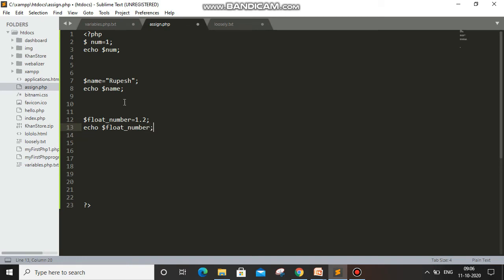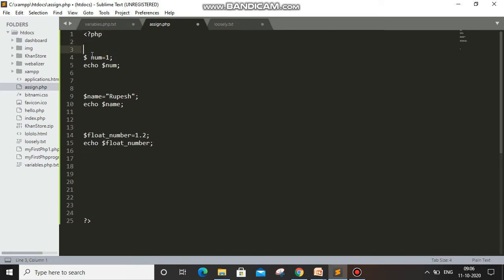So we have created all three variables and we have assigned values to them. We can predict that in the first case the number 1 will be printed, in the second case rupees will be printed, and in the third case 1.2 will be printed.